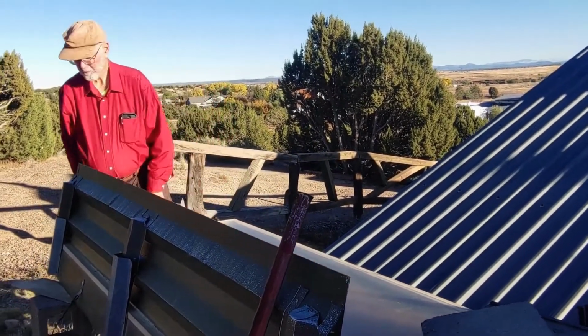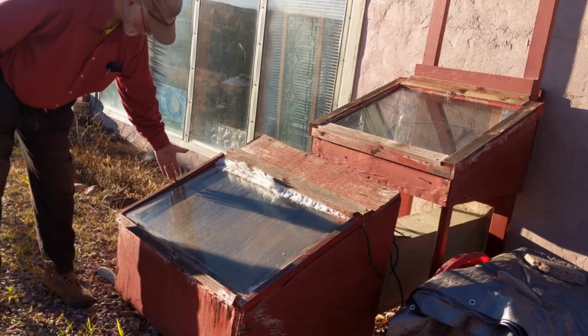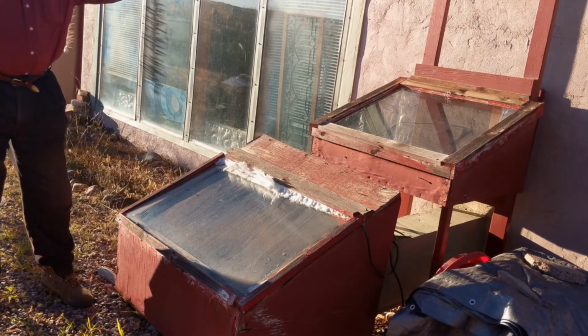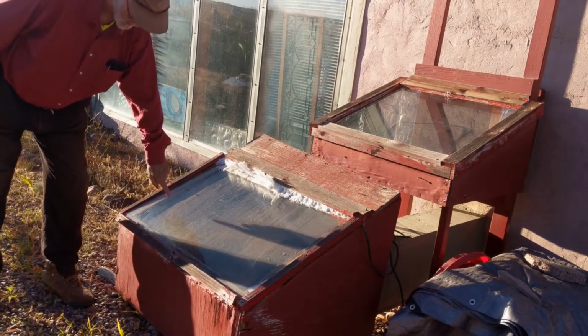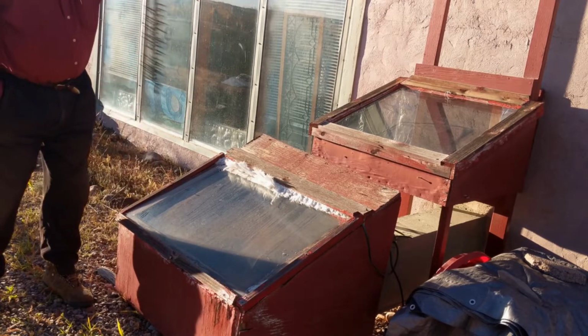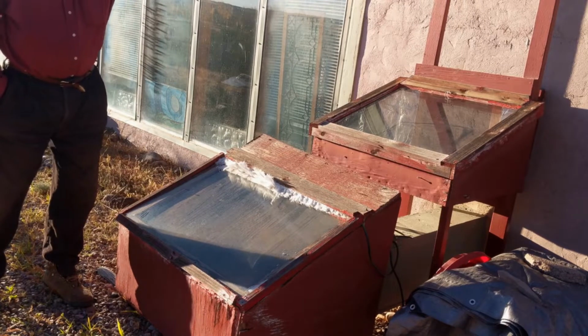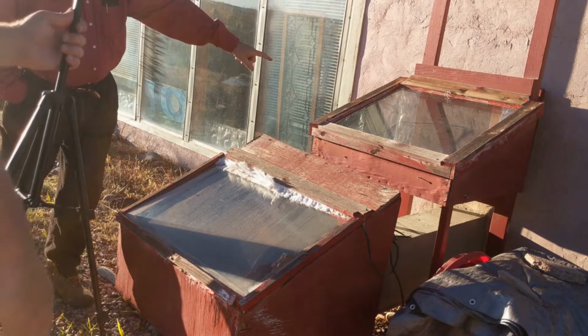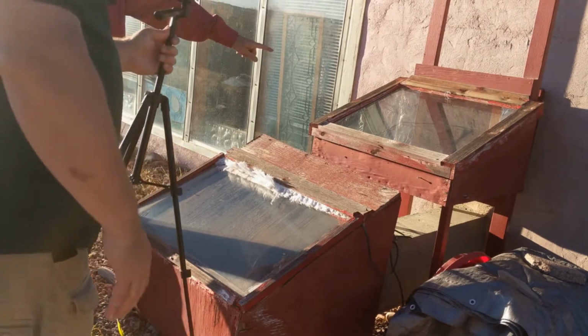This is like the tank that you saw outside for heating water. This provides a water heater for the lower kitchen sink. And this is the solar wall cooker